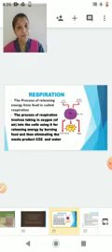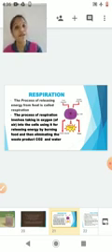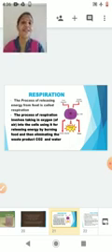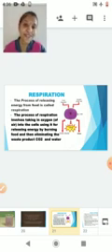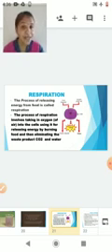Now respiration. Respiration is the process of releasing energy from food. Now as the definition itself says, it is the process of releasing energy from food. Now food means it is related to nutrition. Now in nutrition you have seen ingestion, digestion, absorption. So this absorbed food is entering inside the cell. Absorption means entry of the digested food into the cell.